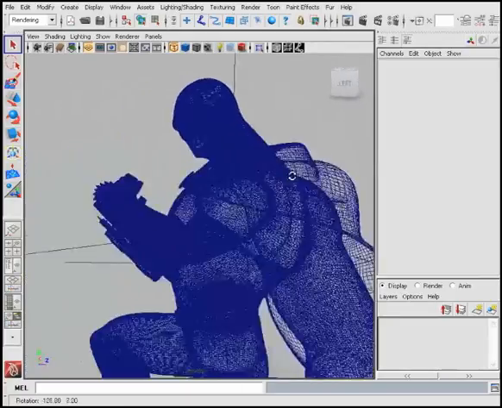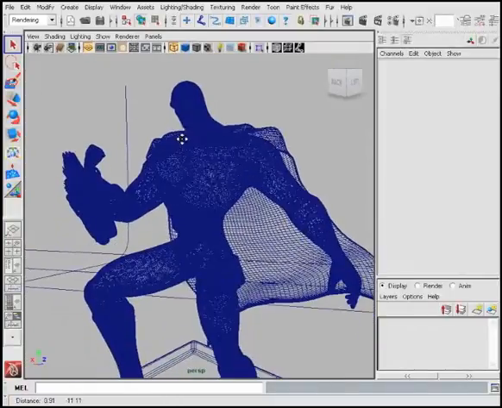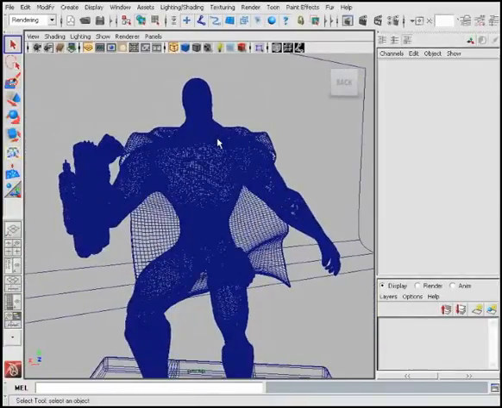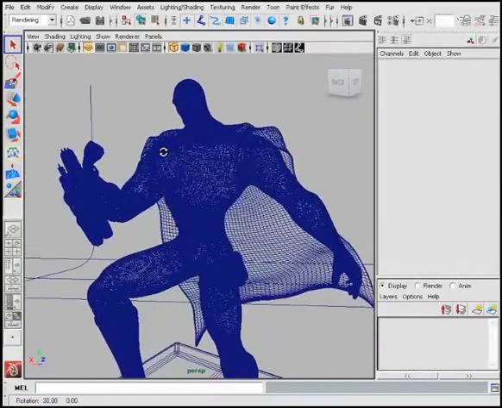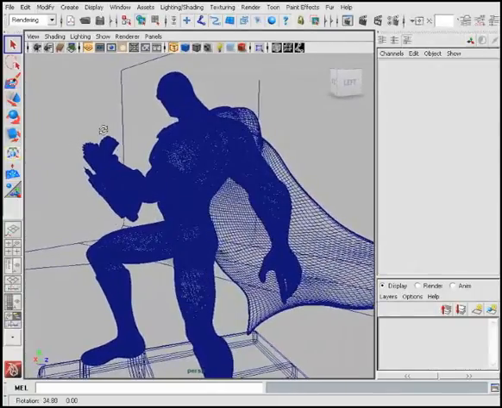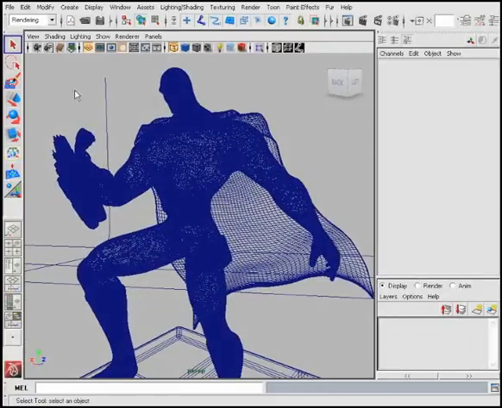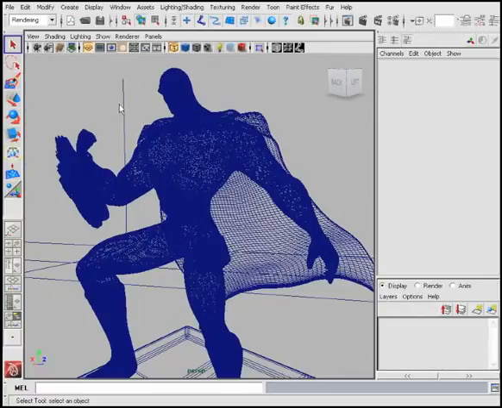Now the problem is that whenever trying to render a scene like this, oftentimes Maya will crash. In my case, the scene file alone for this particular scene is over 300 megs in size. And especially on a 32-bit system, trying to open up a scene that is that dense and then trying to render it will typically cause Maya to crash just because there is not enough system resources to open up the scene and render it. So what we can do is utilize a new feature that is introduced in Maya 2009,